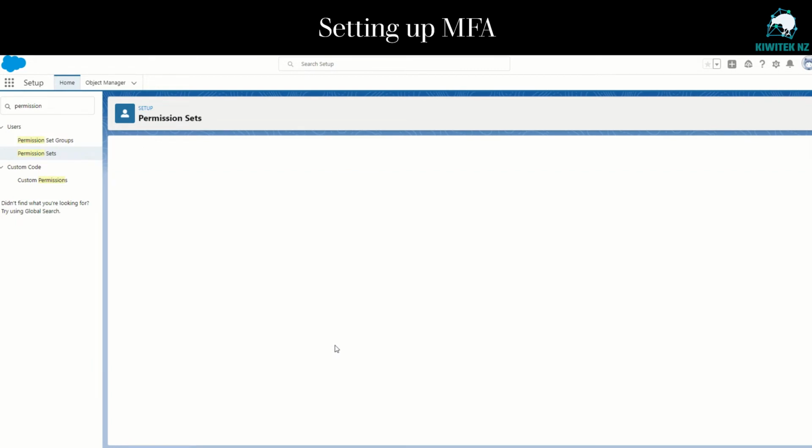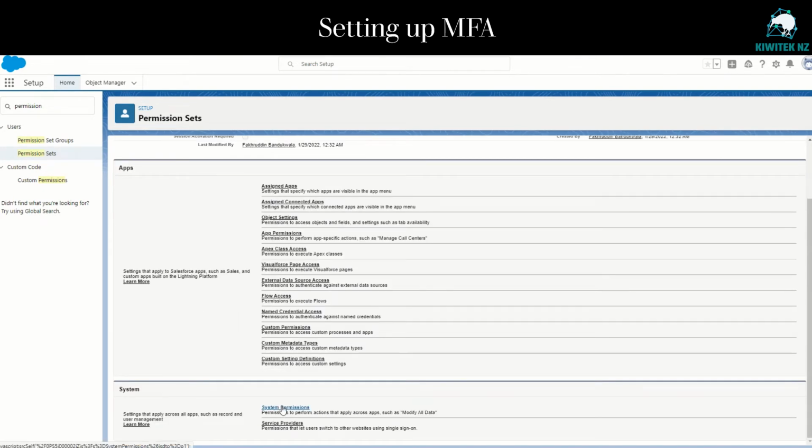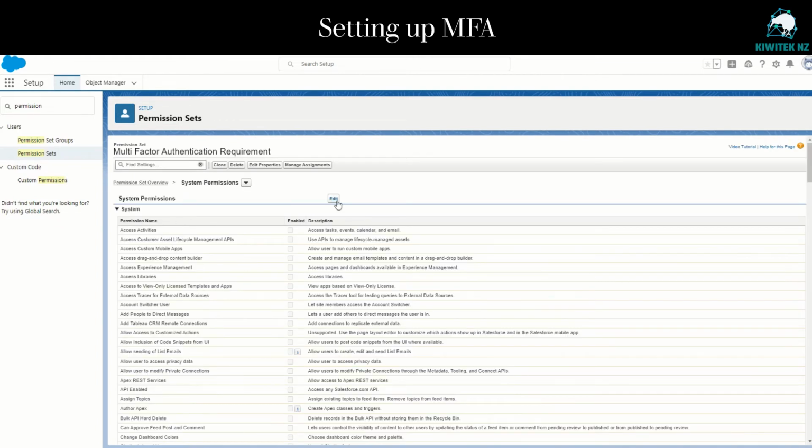Save this permission set. Now we'll set up the system permissions. In system permissions, click on Edit,